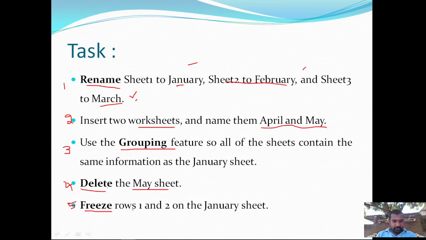In the fifth task, try to freeze rows 1 and 2 on the January sheet. Apply the same procedure for columns.